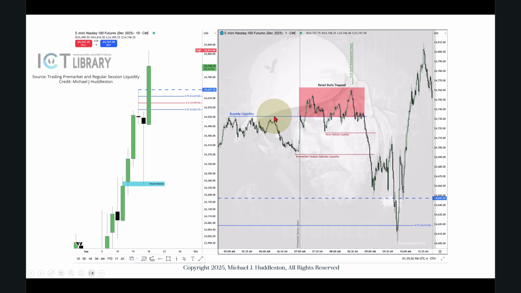So everything above these relative equal highs, all of this in here was retail getting trapped offside. And then they were going to drop it. I know you're going to ask me, how did I know that? Because it's Thursday. Thursday is the day right before Friday, obviously, and the week ends and we can't trade anymore after 5 o'clock on Friday. So when we have a really bullish week, as we've seen so far this week, it tends to